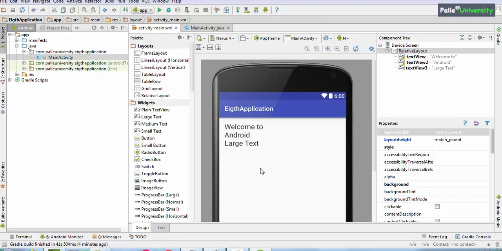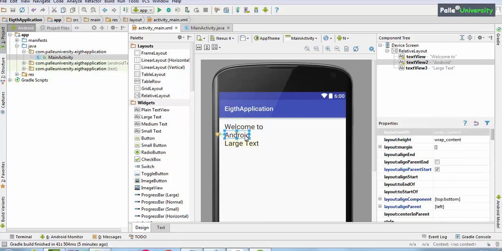I hope you remember what all the steps you have to follow in Java code. It is always a 3-step process. First you have to declare all variables, and then you have to initialize all variables within the onCreate method, and then you have to write your logic. That is the 3-step process. But before proceeding to Java code, first you have to identify the ID names or IDs of each and every text view, because through Java code we are going to read text from these text views, and we have to club both texts and apply it on the last text view.